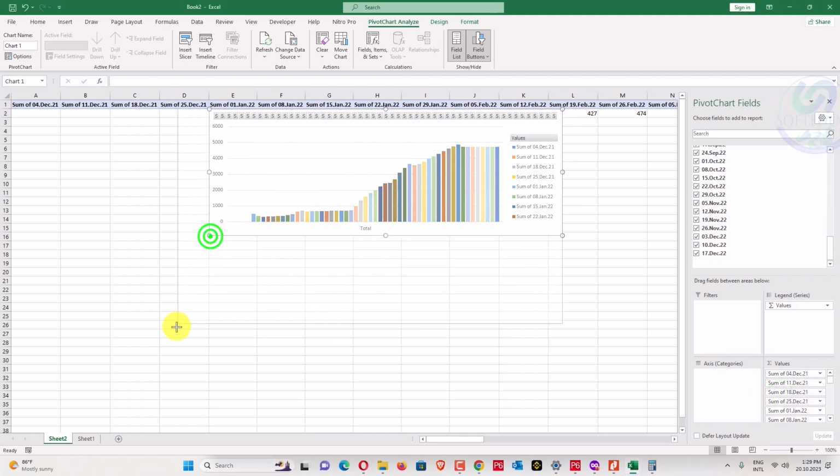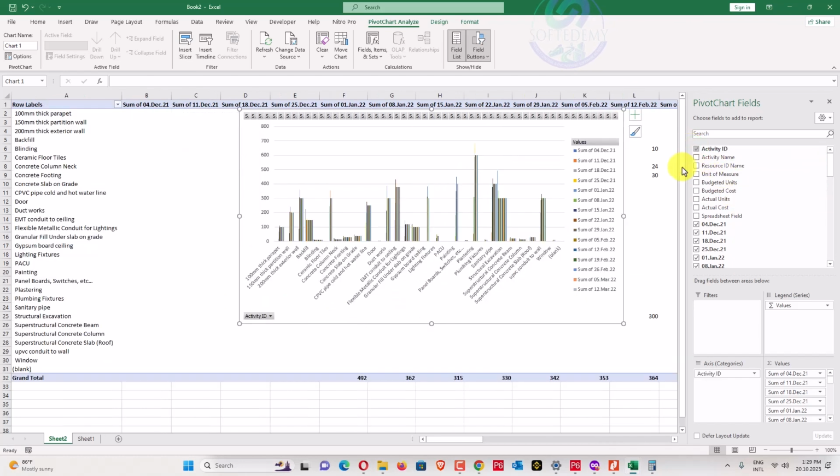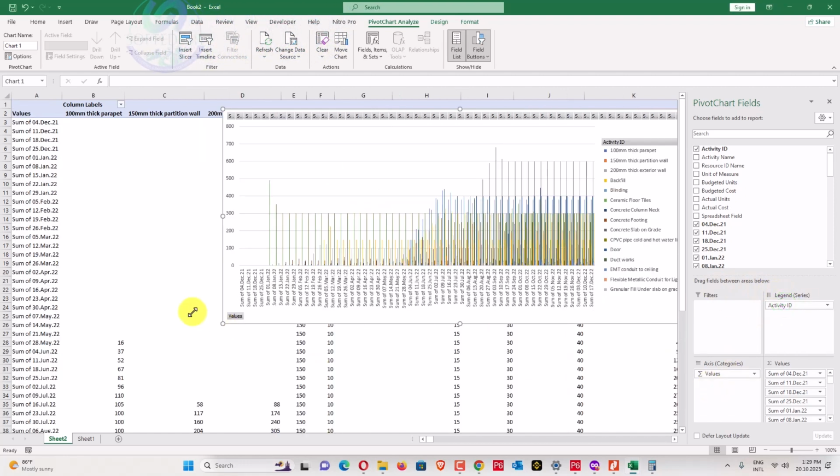So there will be some data of all. We require here the data according to activity IDs. Okay, so the data will be like activity IDs. Okay, wait. Okay, so we have the data like this one.